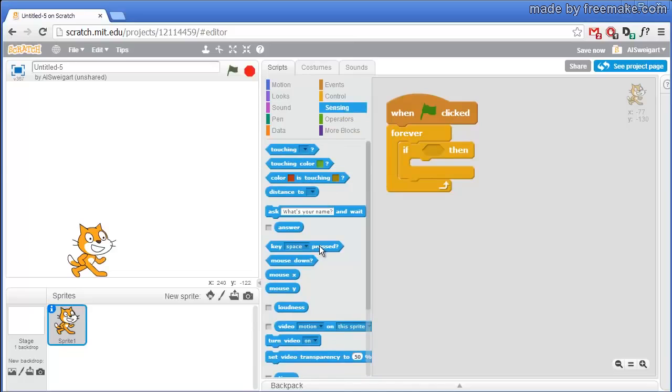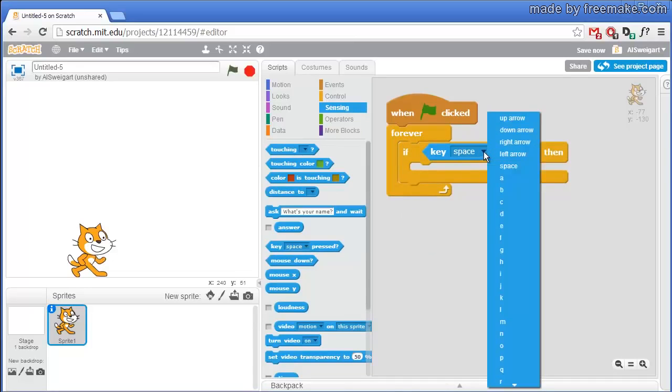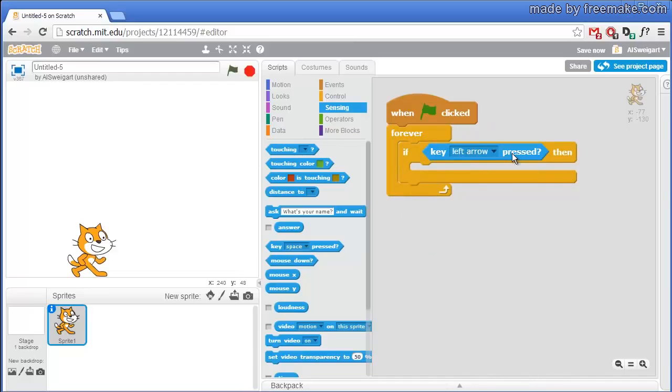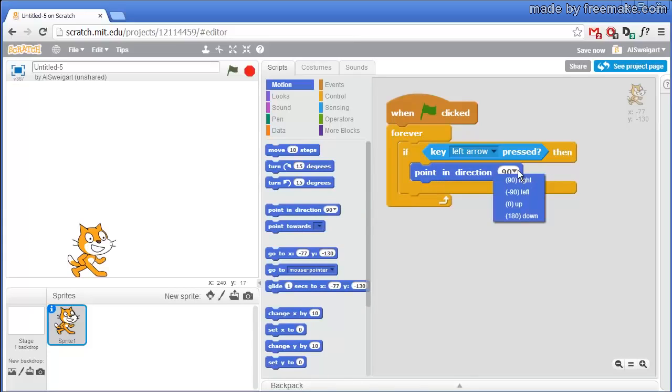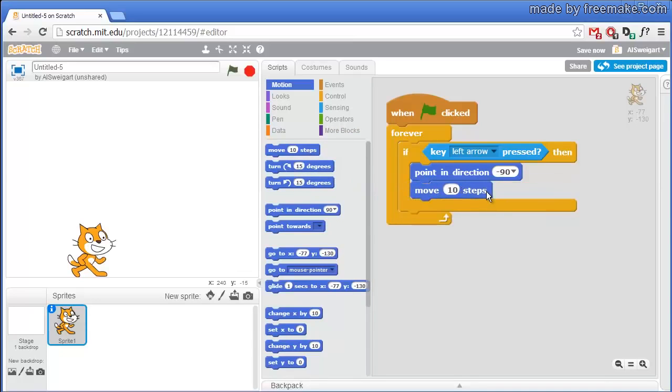So from the light blue sensing category, grab this key space pressed block and click on the black triangle to change this to the left arrow. And so when the left arrow key is pressed, we'll want to move to the left. So click on Motion, and then how about instead of changing X by a certain number, we'll actually just change the direction of the sprite. I'll click on the black triangle and select left,